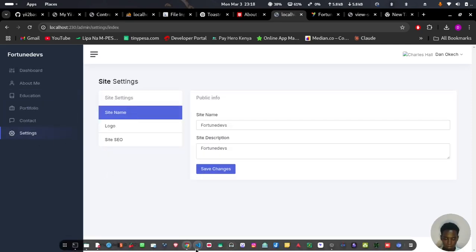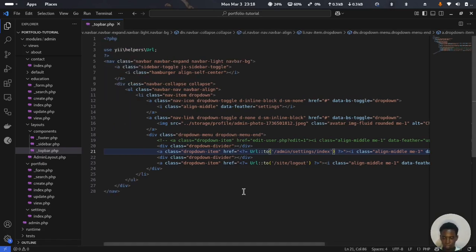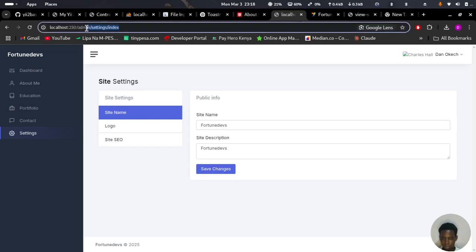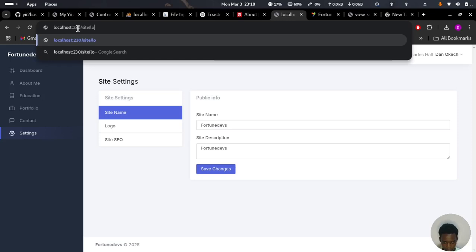Now we have a problem. We don't have a user. We need to add those security measures in our application. So we need to set up our login page. The login page is always in the site, then login,